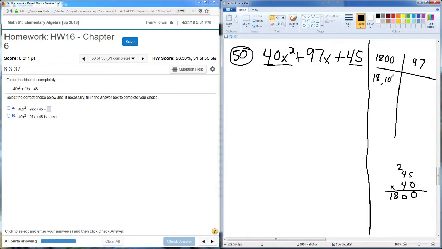Let's start with 18 times 100, which is 118. They add up to 118. So I am pretty close. I need to be higher than 18. So if I take